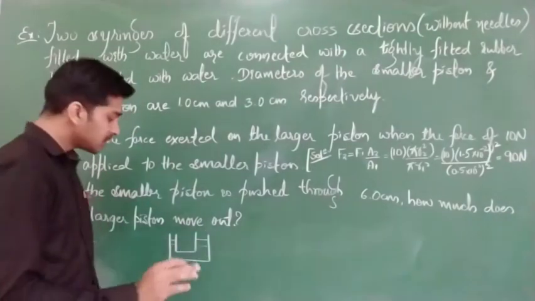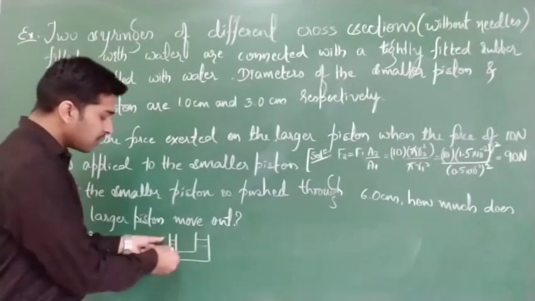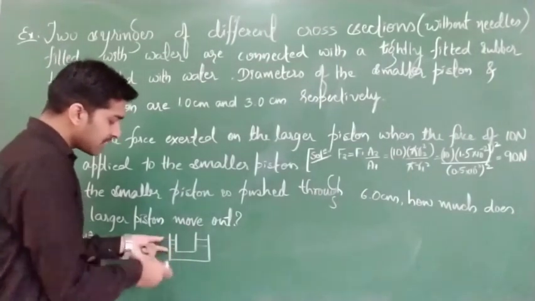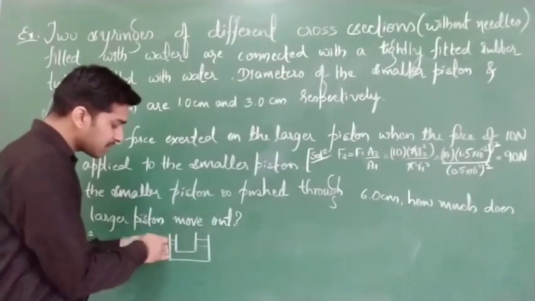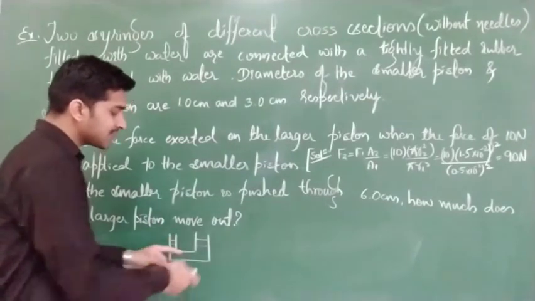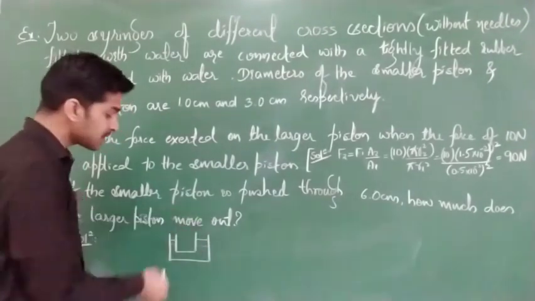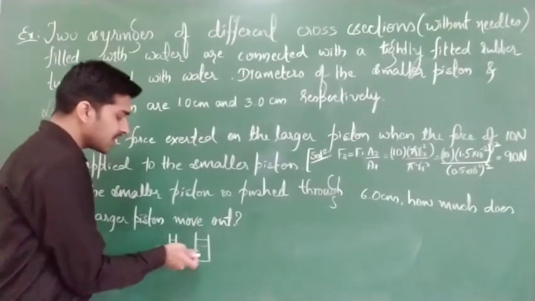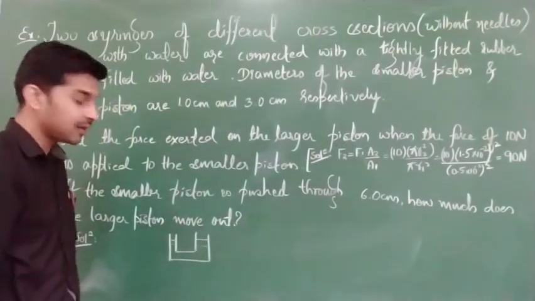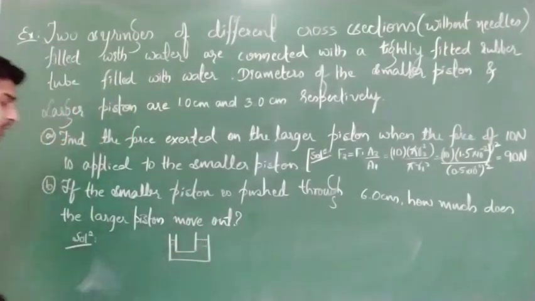Okay, if piston is moved for some distance x, then what is the distance moved by this piston, that they are asking. So remember, the volume how much we are pushing here, that means this piston, if I push something, means that the volume of water will just get pushed over here. That means the volume which is covered here, the same value will come here. Clear? So according to that we are going to solve.